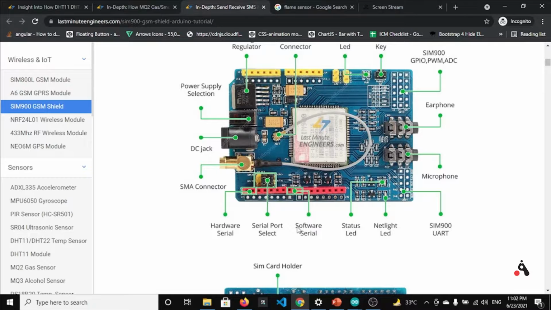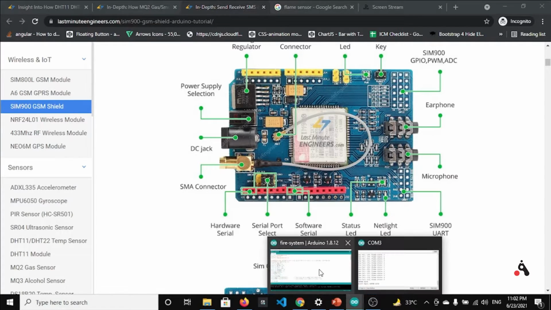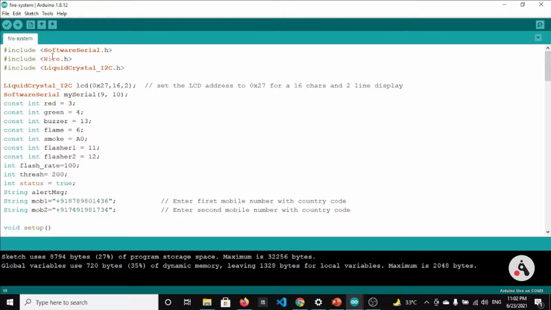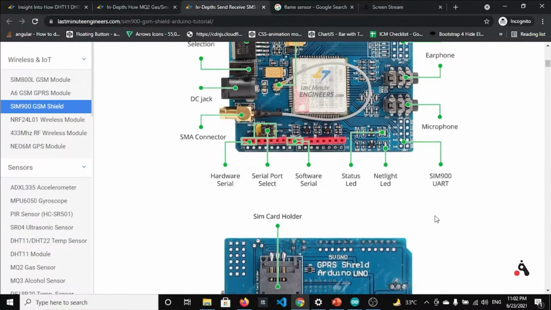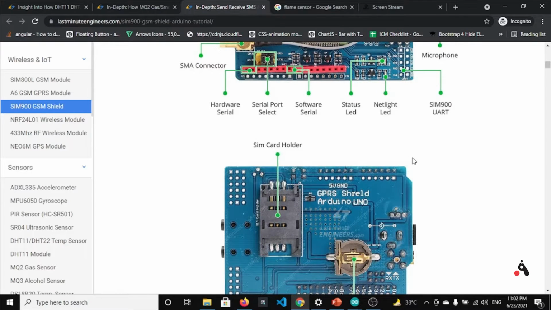We can use the RX/TX of Arduino, but we can also use other pins, but we need to use a very important library, SoftwareSerial.h, if we don't want to use RX/TX of Arduino. So we have to use these 3 pins here. I will discuss this part more clearly when I discuss the circuit diagram for this project.